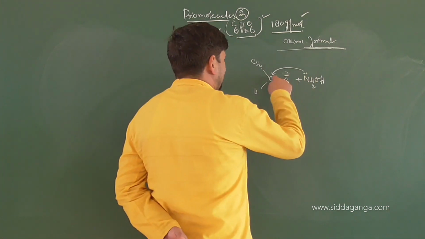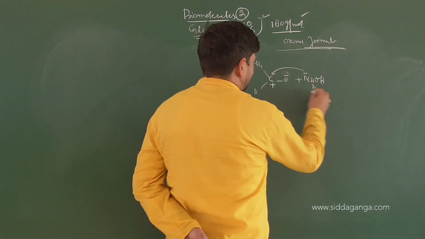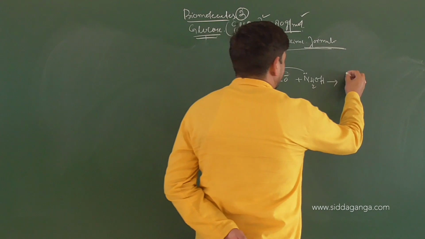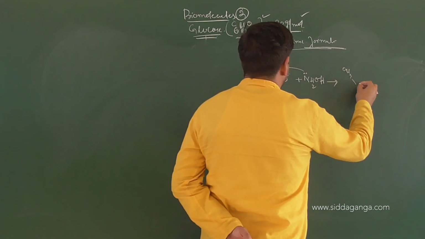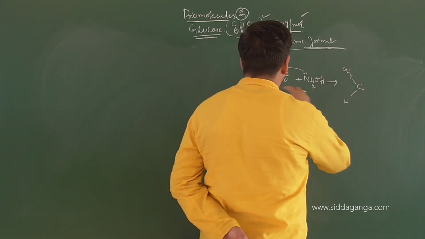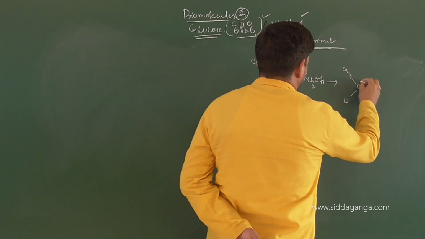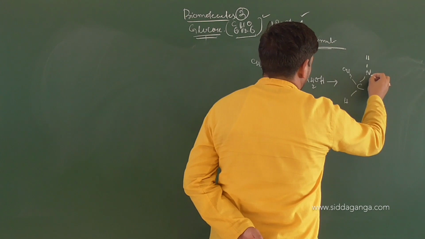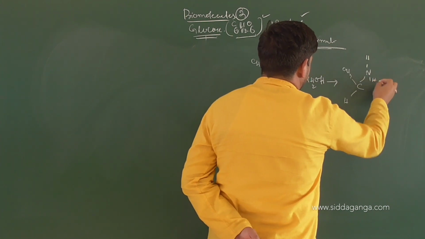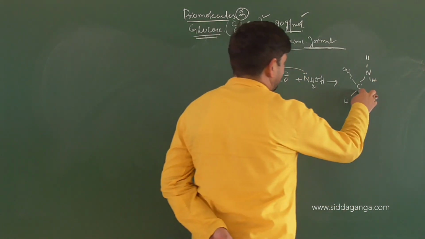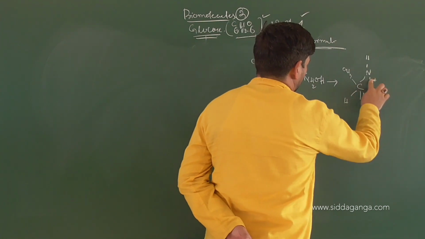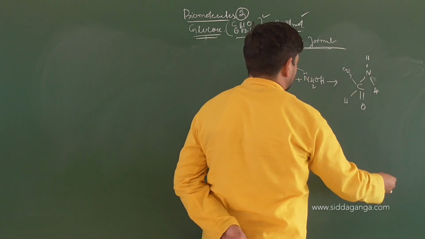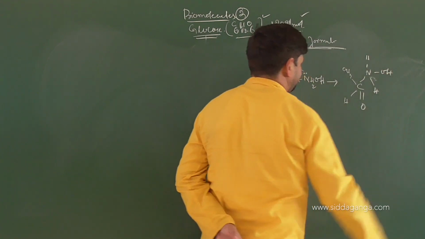So when nitrogen attacks the carbon here, structure-wise, what are we getting? We will get CH3, then C, then you have hydrogen. What's the charge on this carbon? Plus. It has been donated an electron from where? Nitrogen, which has attached to it two hydrogens, correct or not? And then this C is attached to double bond O. Then there is the hydrogen of the NH2 group, which is attached to OH.